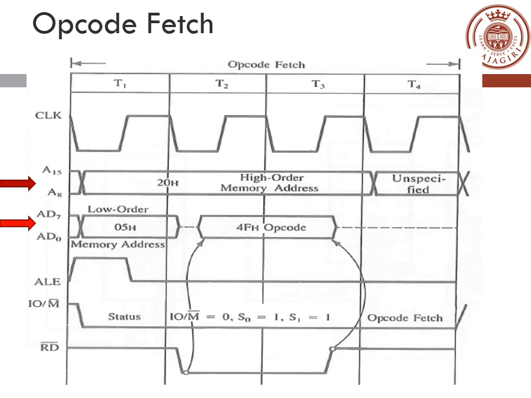At present the ALE signal is 0, which means that the bus can be used as the data bus, so it can be named D0 to D7. In D0 to D7 you have the value 4FH, that is the data that has been read from the memory, which is basically the opcode in this case. And you can see that the opcode has been fetched by the state T3, by which the entire data will be read.